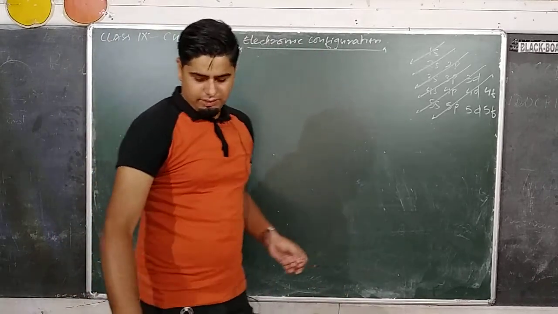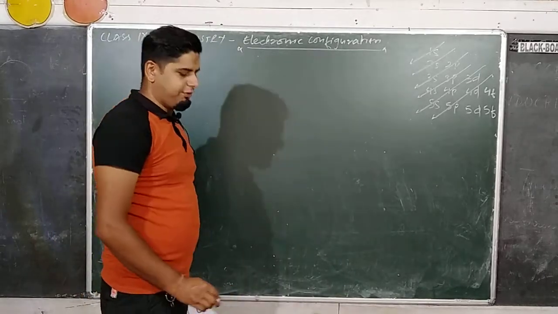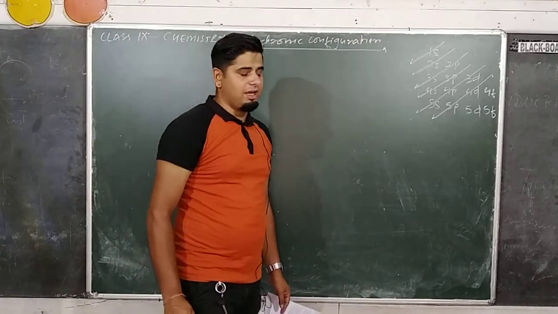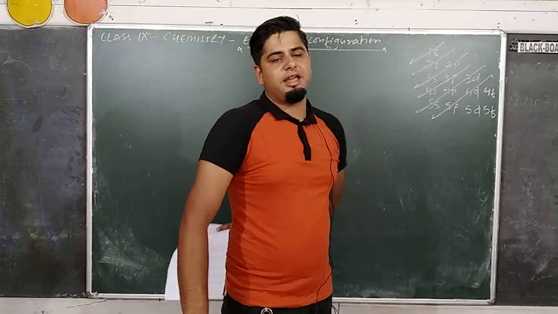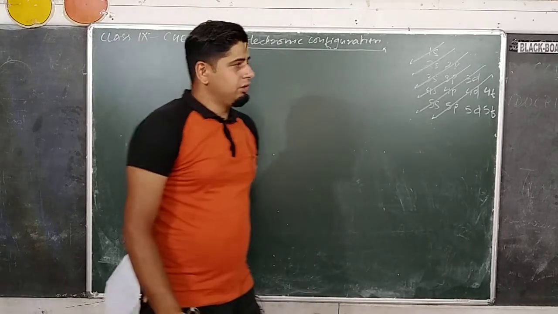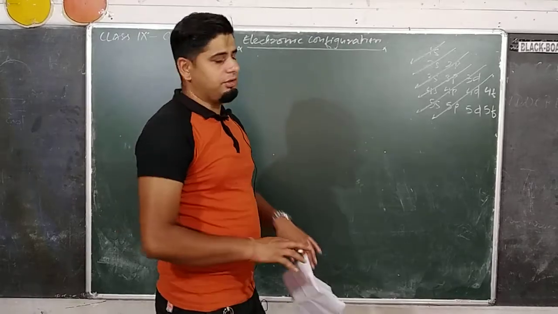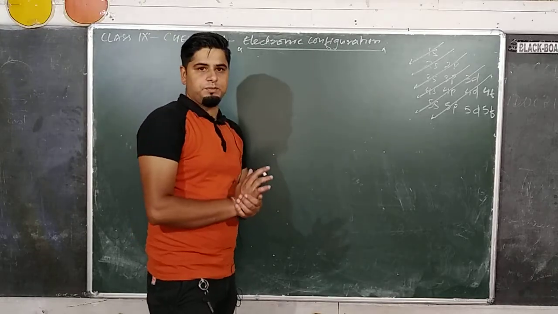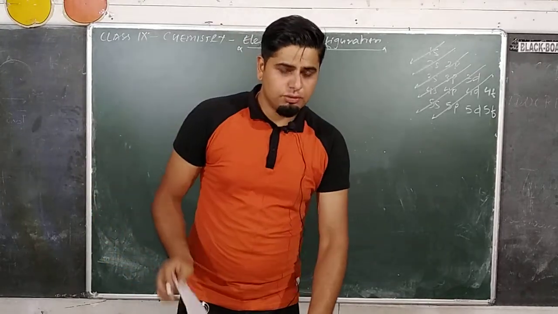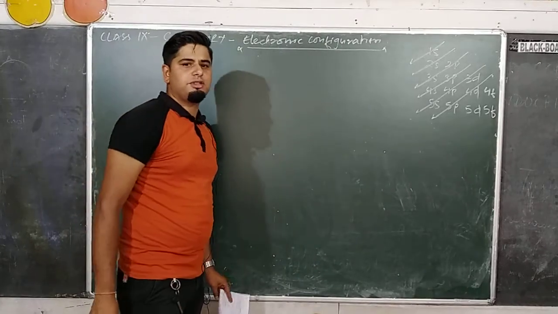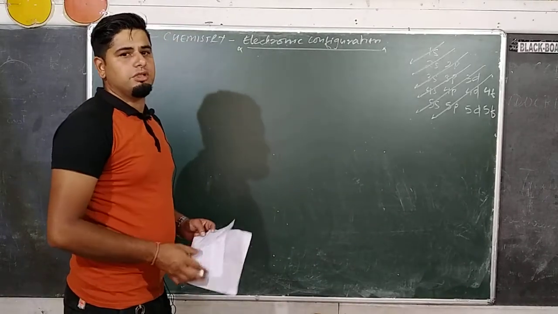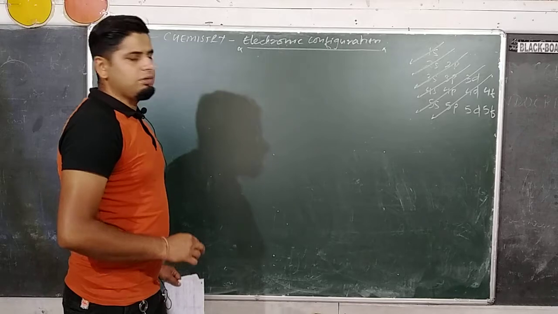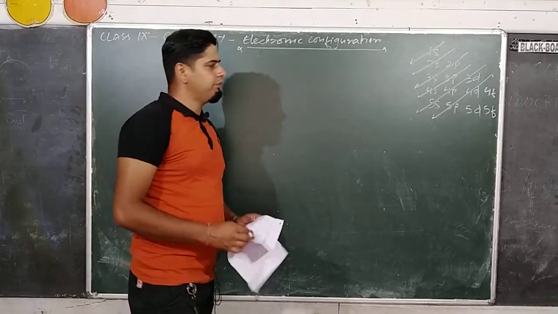In class 10, you have done different types of electronic configuration, such as K, L, M, like K2, L8, M18. Yes or no? From class 11 onwards, you'll have to do different types of electronic configuration, which we are going to learn today. Before going into that, you need to know three different rules or principles. With the help of these principles, we can do the electronic configuration easily.